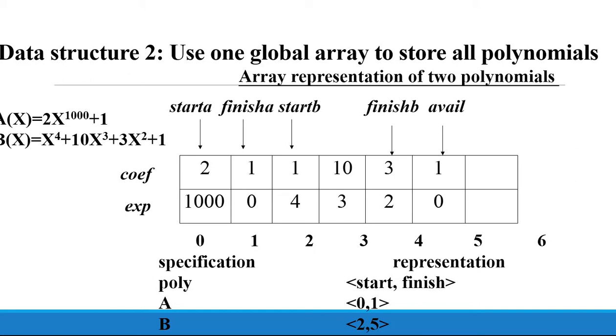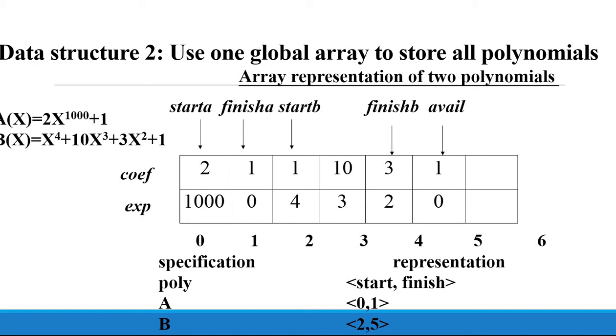Okay, so here are some more additional variables we are going to use to avoid wasting memory space. For example, consider polynomial A has 2x power 1000 plus 1, so in between 999 elements are not there. If the previous method is used, all the zero coefficient values will be stored, but in the method we are going to see, if the coefficients are 0, such values will not be stored.